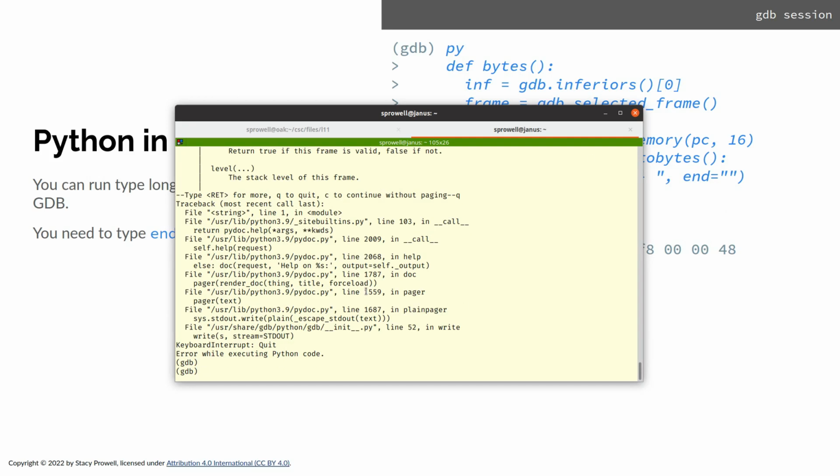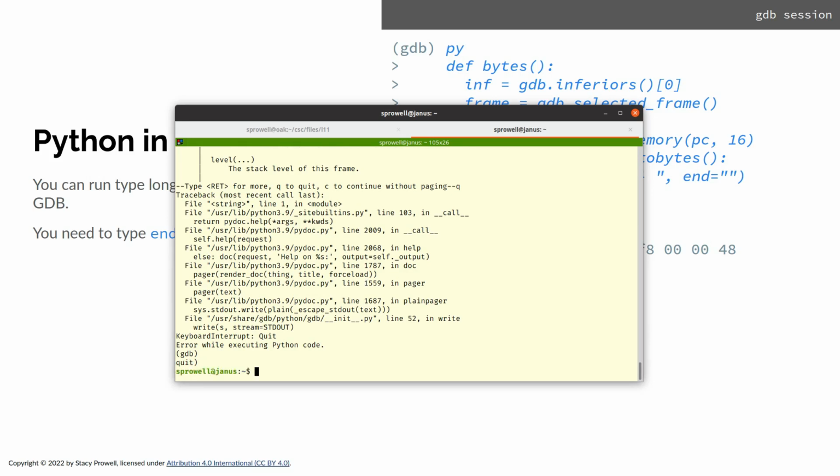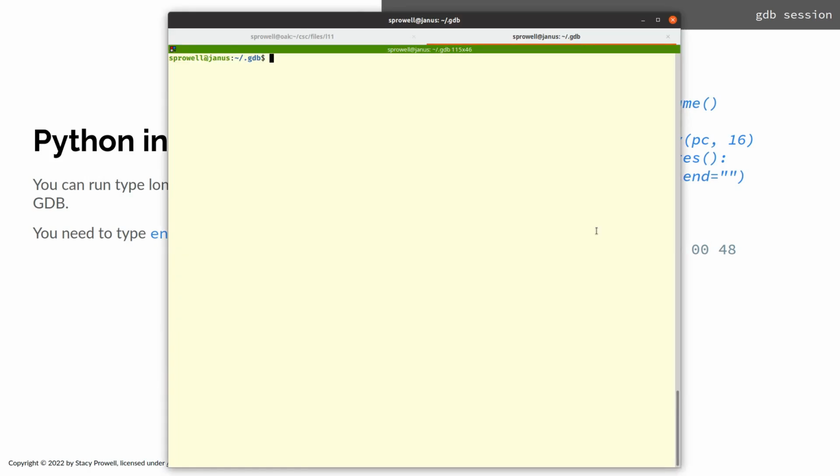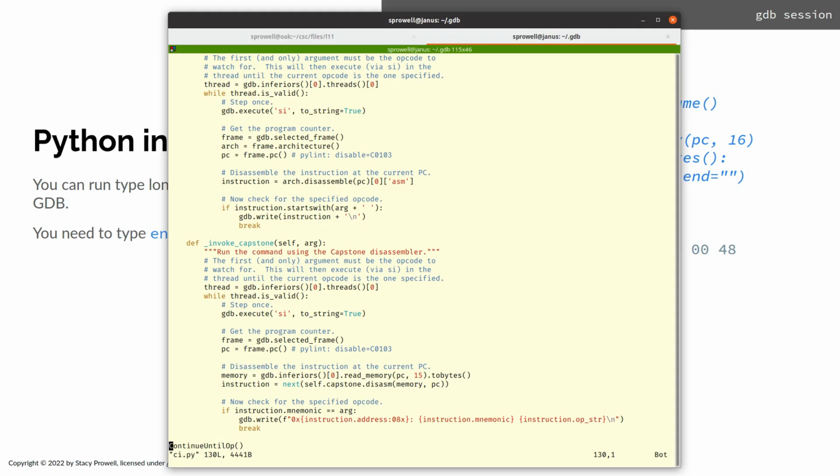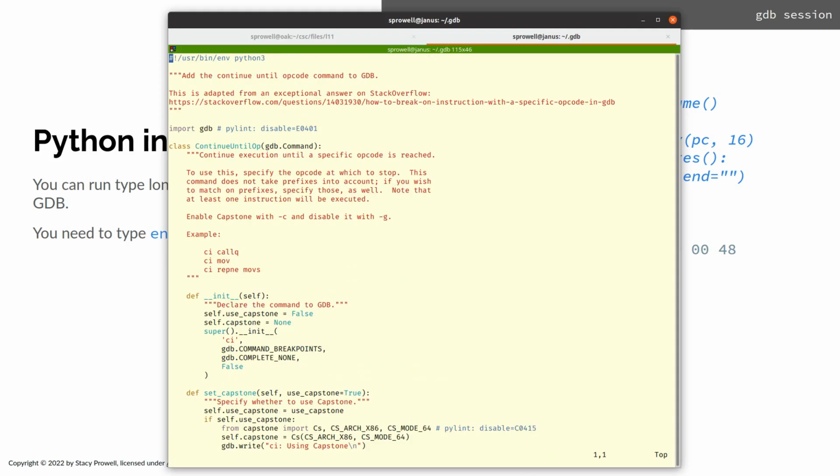So what might a larger Python extension look like? Well, I actually have one of those. Let's get a bigger window. I've got this Python file sitting here, and it looks like any other Python file that you might create, with the exception that it's got this import